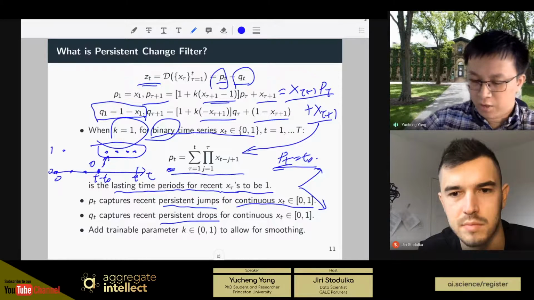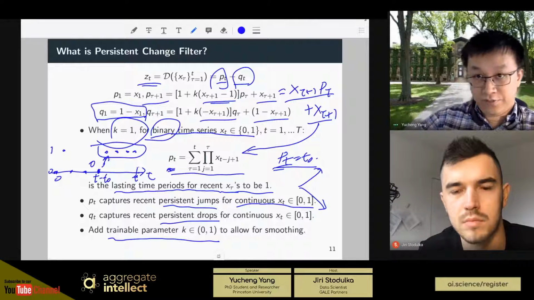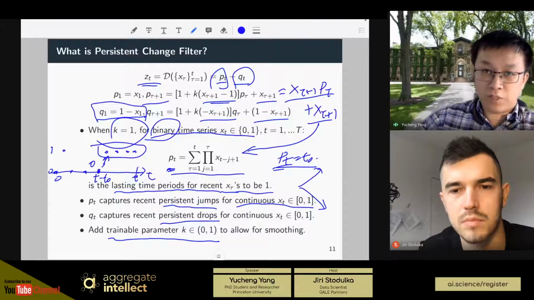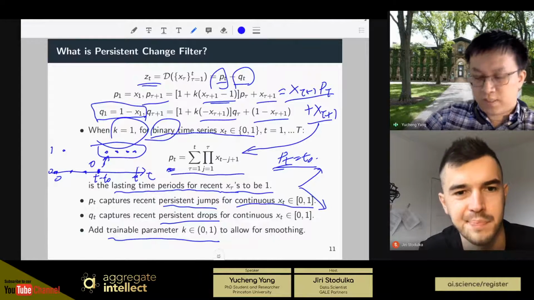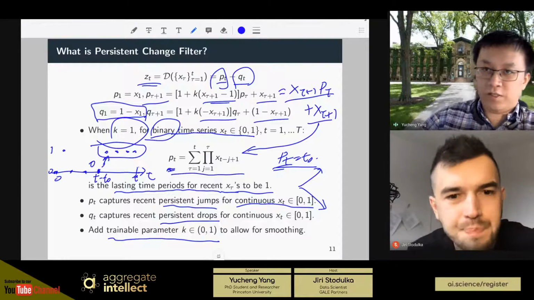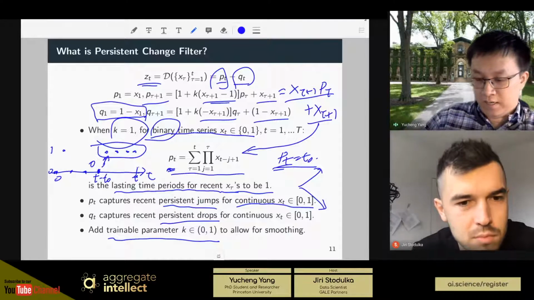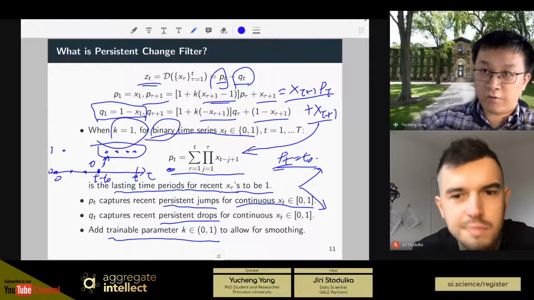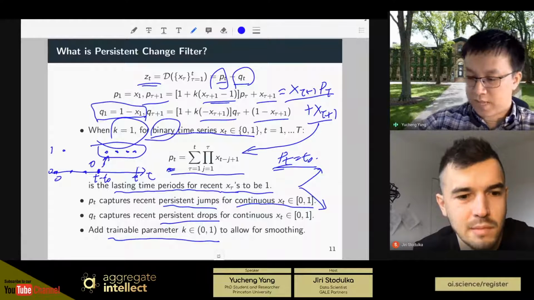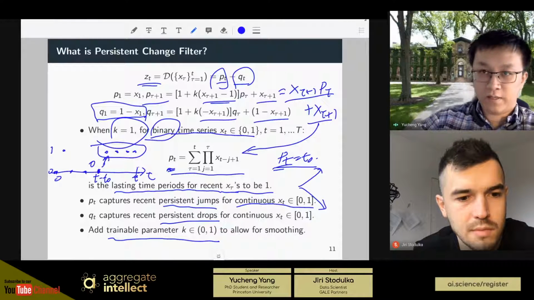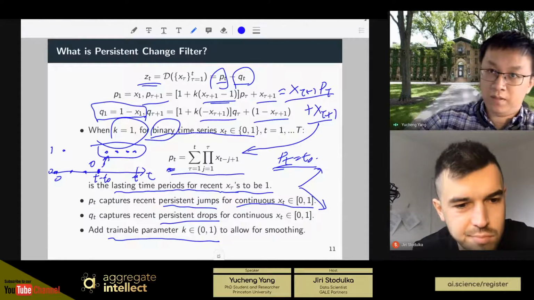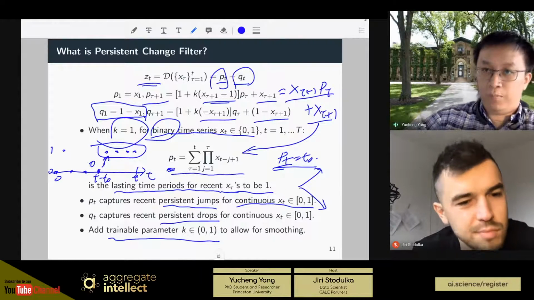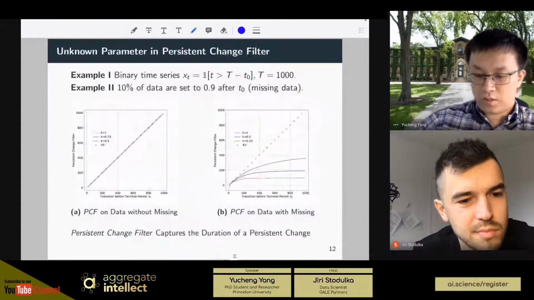We also allow a trainable parameter k which falls between 0 and 1 to allow for some smoothing. When we discussed everything here, we assumed that k equals 1, which corresponds to no smoothing. But in the next slides, I'm going to show you that when there is some abnormal data problem or missing data problem, k less than 1 will be necessary. So let's look at